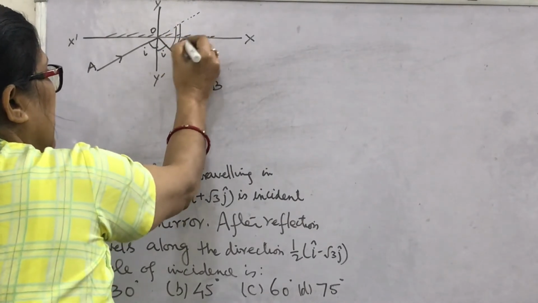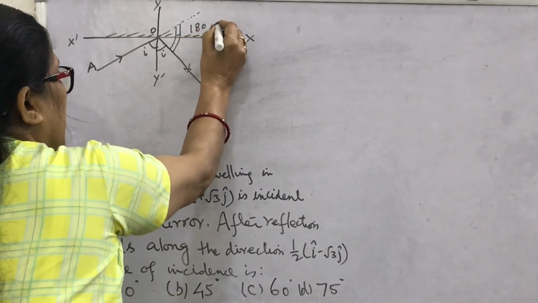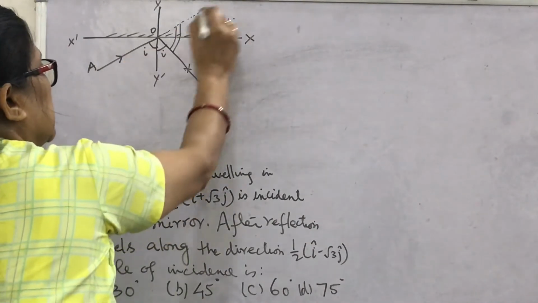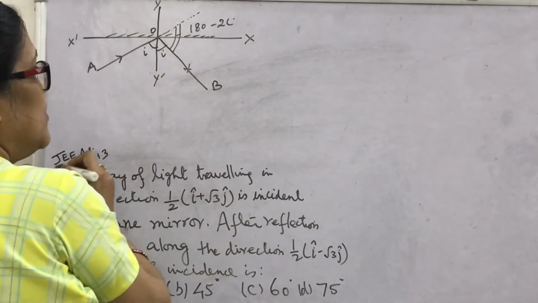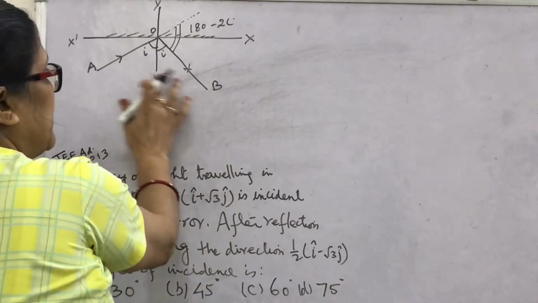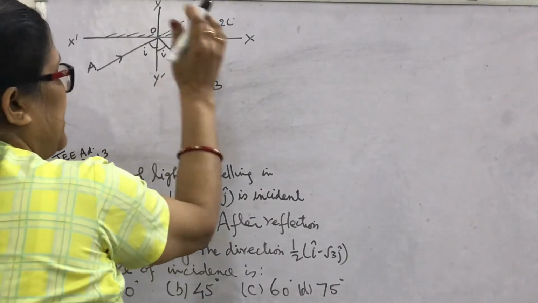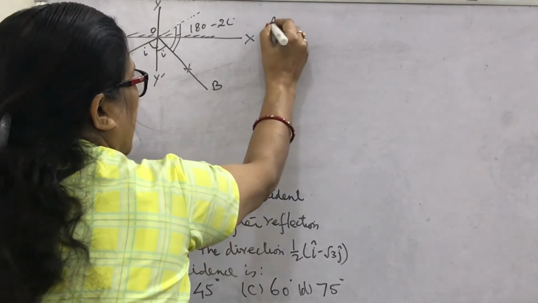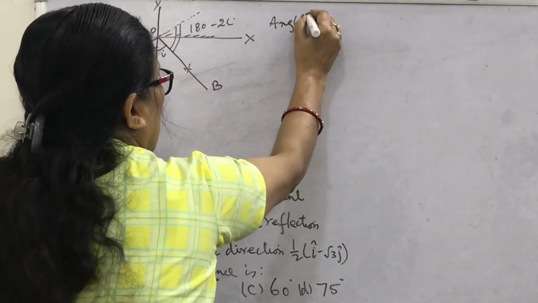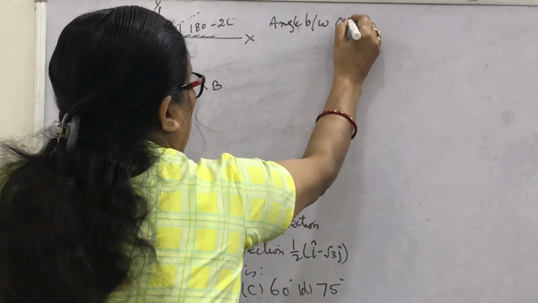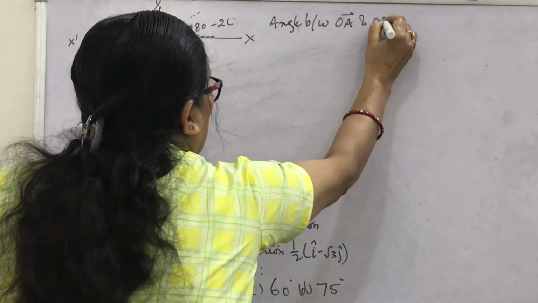And what is this angle? 180 minus 2i, because this is a straight line. So the angle between OA and OB,